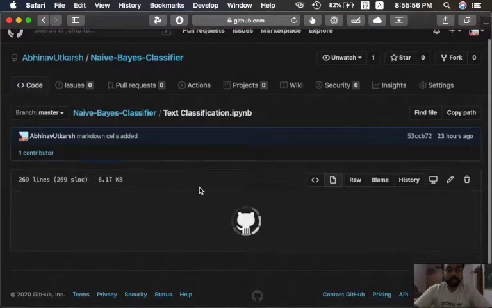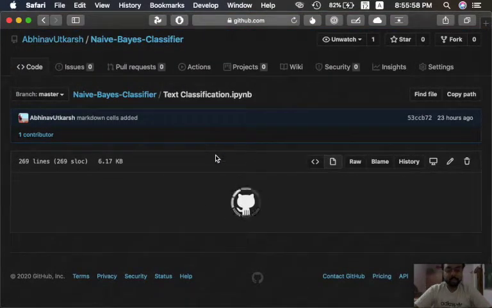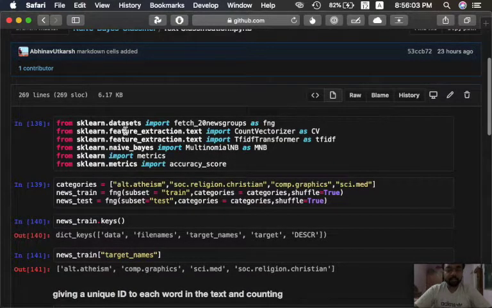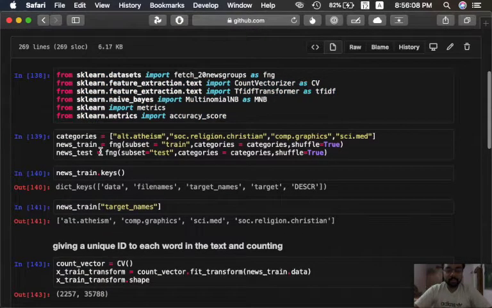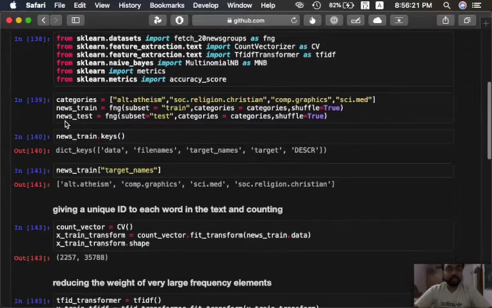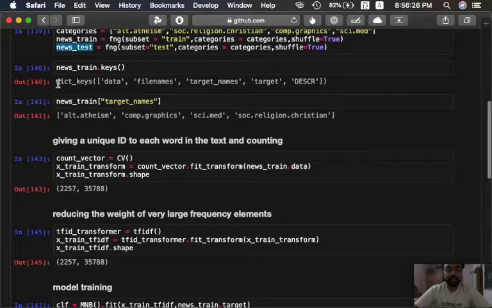First I am using scikit-learn to create our model. scikit-learn already has all of the stuff pre-built, we just need to use it. So we have these classes and we are using these as our base. We are not using all of the 20 classes, just these. We divided our training data and testing data. You can see that the training data has these keys in the dictionary. That's not actually part of the Naive Bayes classifier.